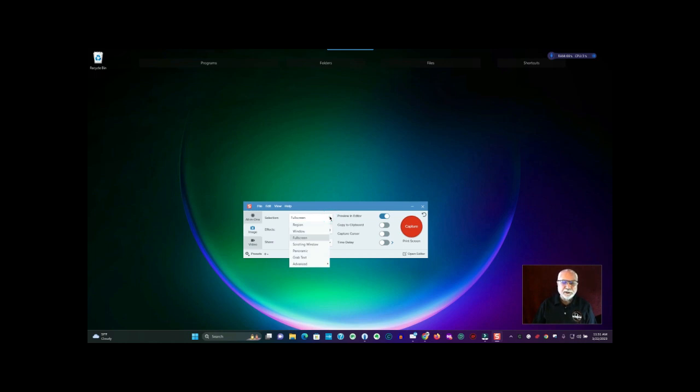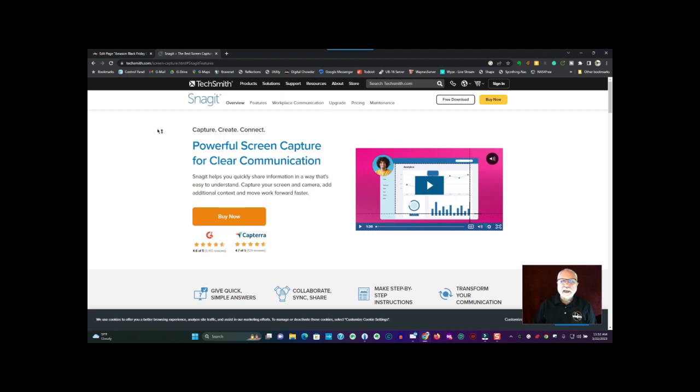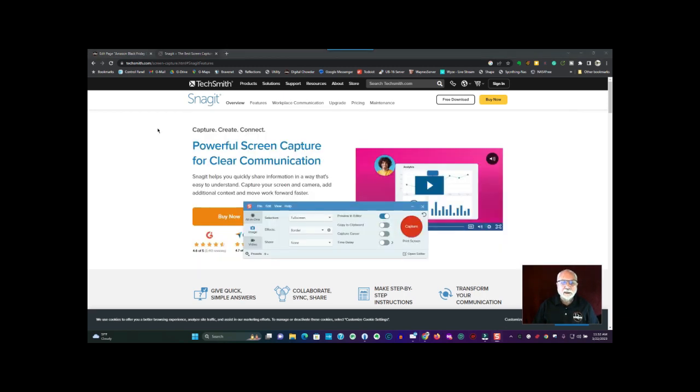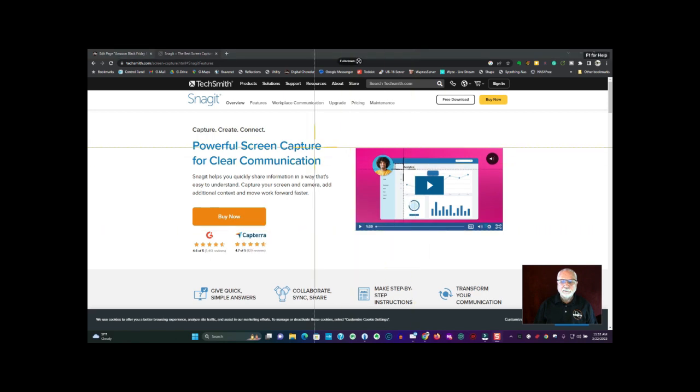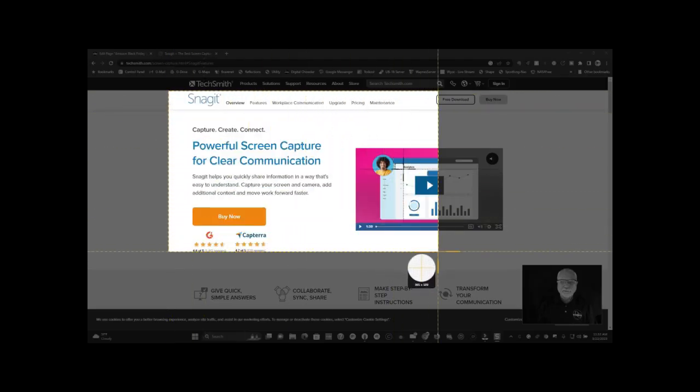This is interesting. And for this, before I start this, I'm going to get my browser open here, and we're at a Snagit web page. So let's go back, and we're going to select panoramic, and we're going to send it to the editor. And so I'm going to click capture. All right, now then I want to select a portion. I'm going to select like this,